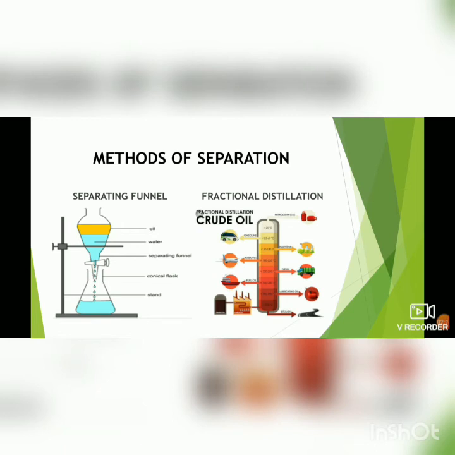The next picture shows you another method of separation among liquid and liquid, and we call this fractional distillation. This method is most useful to get different types of products from crude oil or petroleum. What is the basis of this? The basis is that different components have different boiling points, or different temperatures at which they become vapor. This is the basis of separation. So very soon you will get gas, then you will get petrol, then aviation fuel, then diesel, and at the end you will get coal tar.